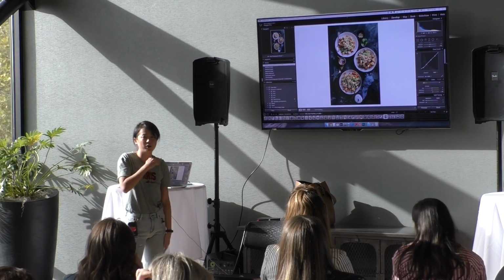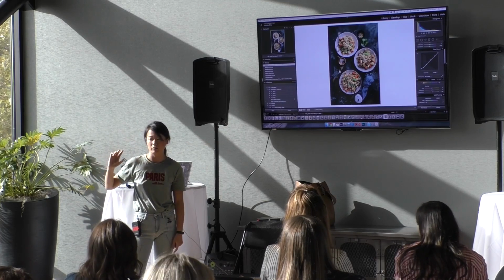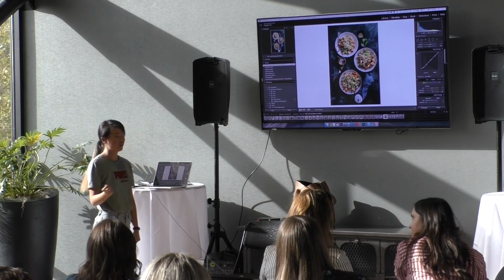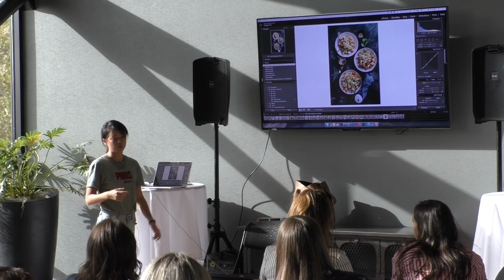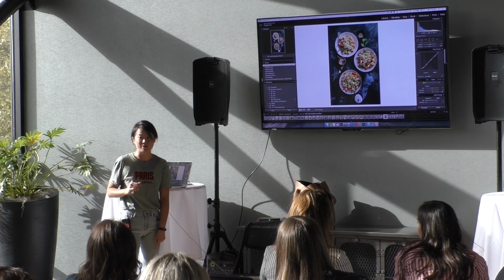You can go up to 2,000 ISO and it's pretty okay. But that's pretty awesome. And I was at the workshop shooting after sunset. You cannot imagine how dark it is in that room.